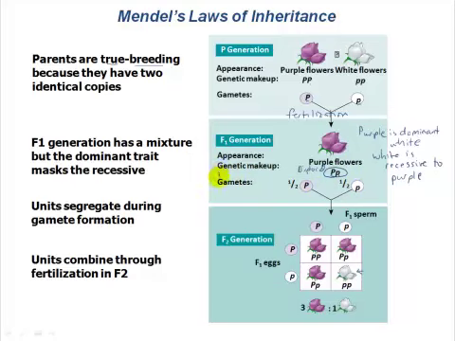Haploid gametes. And so in this case, we have two possible gamete types that can be produced. Half of them are going to have the purple allele, half of them are going to have the white allele. And if we allow plants at this F1 generation, all producing half and half purple and white alleled gametes, to fertilize and to cross-pollinate in every possible combination, we can symbolize and depict the potential offspring that could result from that cross using this grid structure that's referred to as a Punnett square.